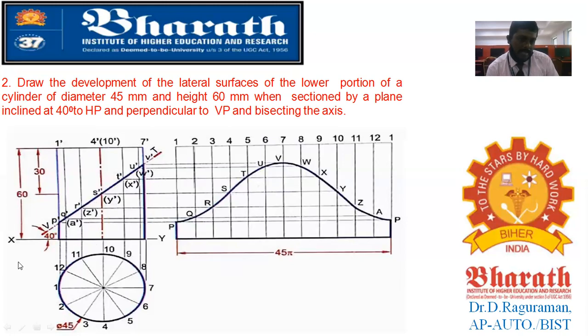Similarly, at the bottom you will have the points. On the first edge you have taken Q, the second edge Q, and the third edge R. That respective lettering only you are putting here. But for the bottom points, you can make 1 1, 2 1, 3 1, 4 1 like that, as a suffix for indication. So on the respective generators, you will have the respective letter. That is why the parallel line is drawn. Wherever you have the same letter, that letter only you are going to put on the respective generator.